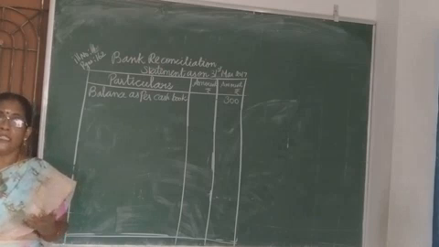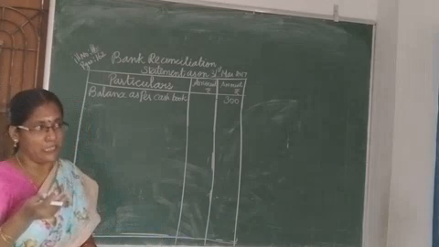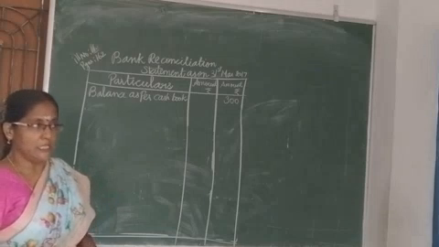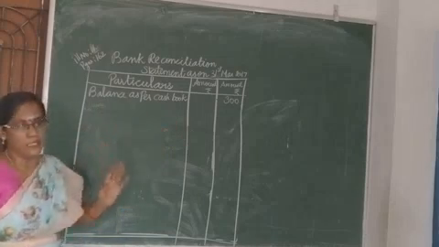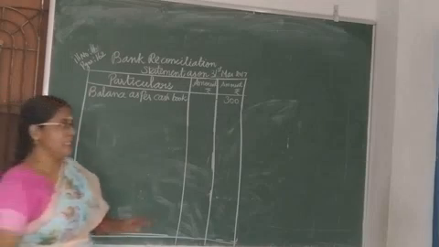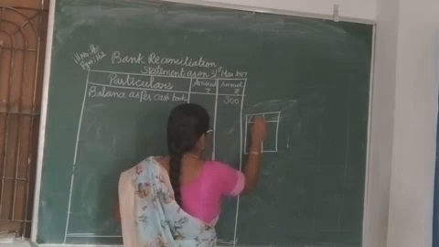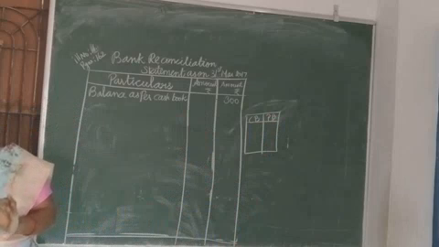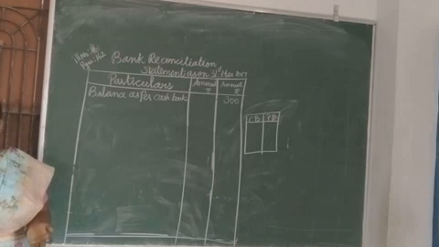So, what is the rule we are going to follow? Whether there is an increase in the passbook, we are going to add. Which transaction decreases the balance as per passbook, we are going to reduce, isn't it? So first balance as per cash book, what they have given in the sum, we are going to write. Then you can draw this small box near the sum. You can write cash book and also passbook. Are you clear? The first transaction, check deposited but not yet collected by the bank. Whether the transaction will increase the balance in the passbook, check deposited.